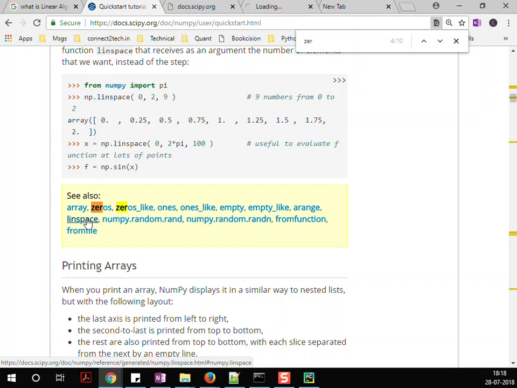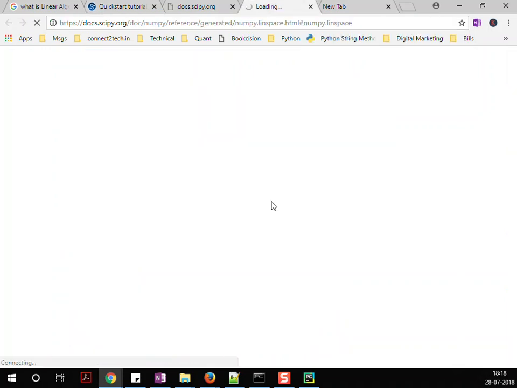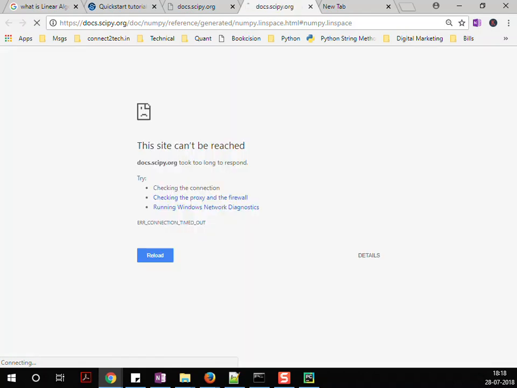Let me open this. We are going to talk about linspace now. In linspace, you can define a starting point and an end point, and define the number of equi-spaced points that you want out of that function. So what I mean by that is,